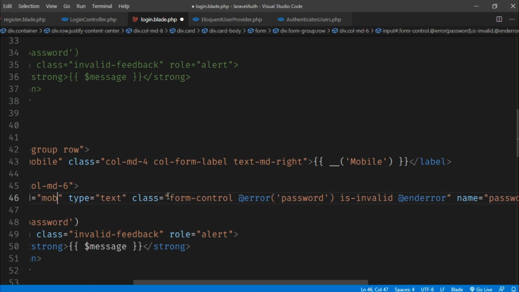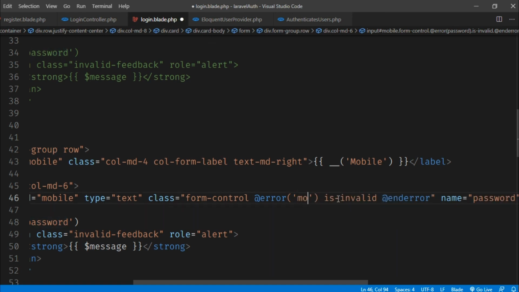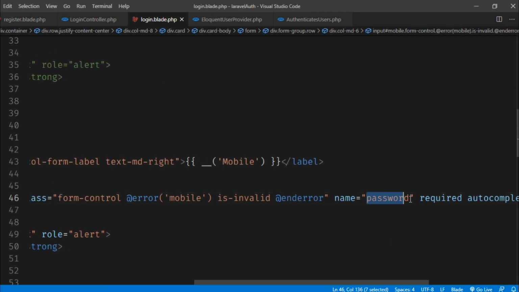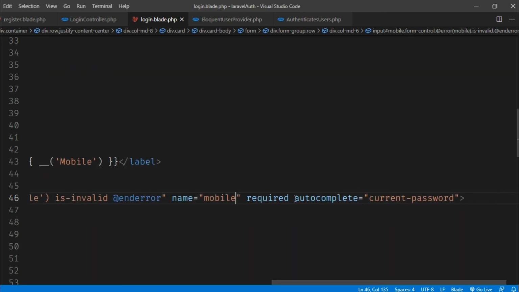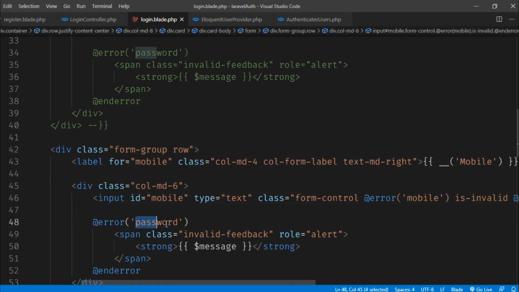Change the thing to mobile. If there is any error, it will show me mobile. Name should match the database column. I don't want this thing. If there is any error, it will show me.